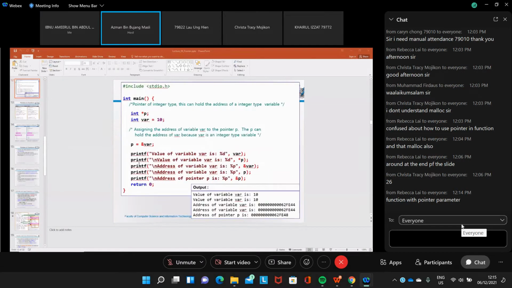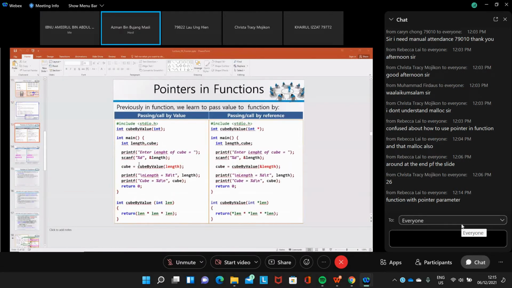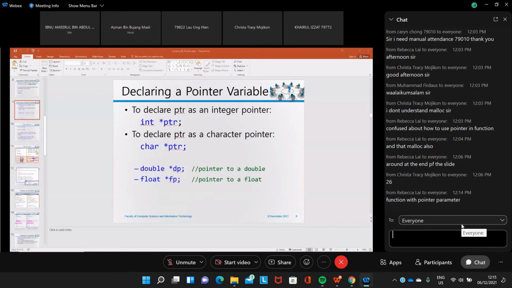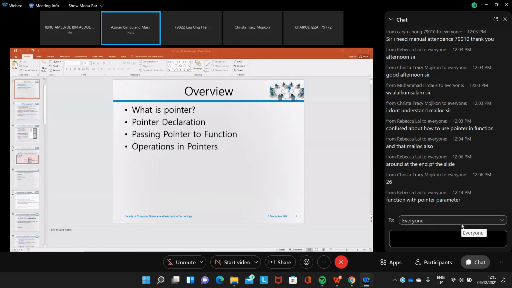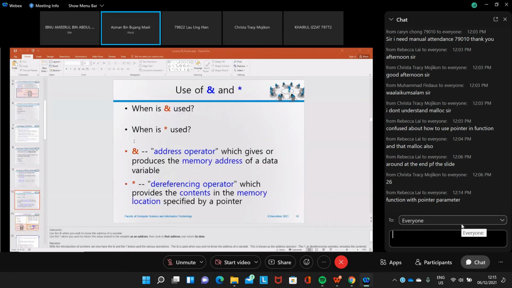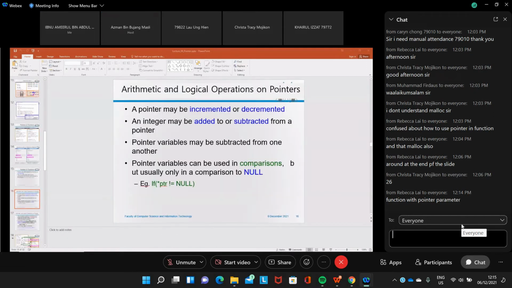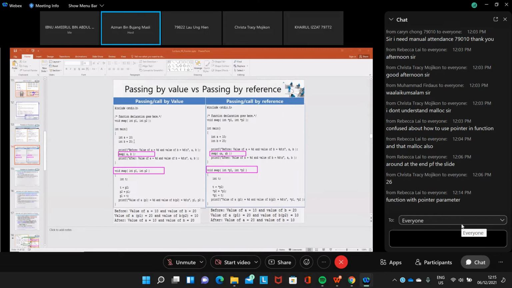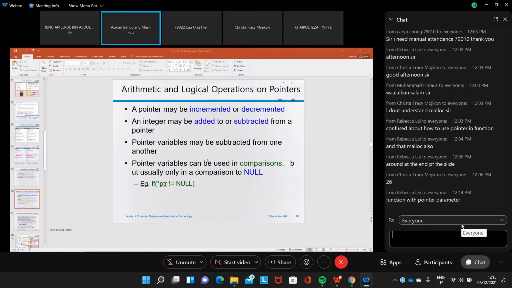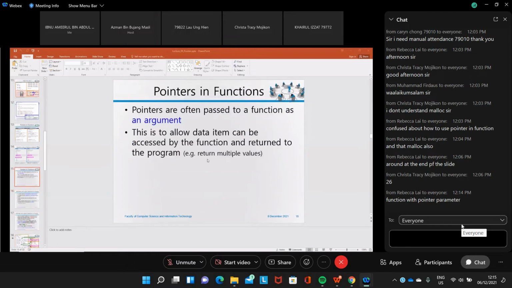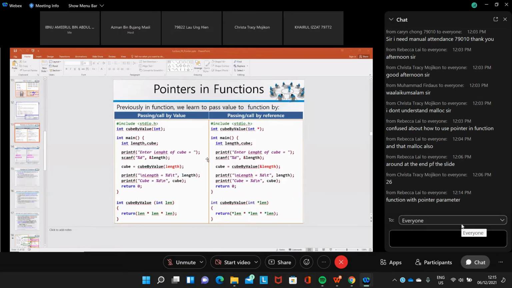Where is it? Which slide? What is the slide number? Function. Yeah, this one. Passed by reference. And then this is this one, isn't it?